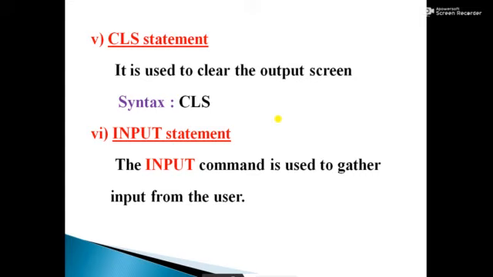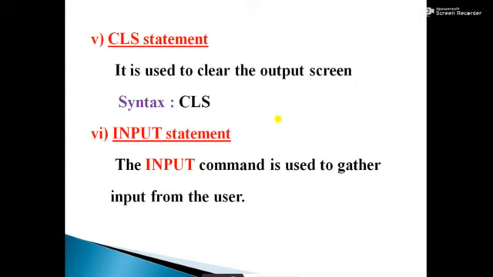Okay, it clears the output of the previous program. So whatever program we are typing, we will get that program's output only on the screen. First, one thing is important: the clear screen statement you have to give in the first step in your program.